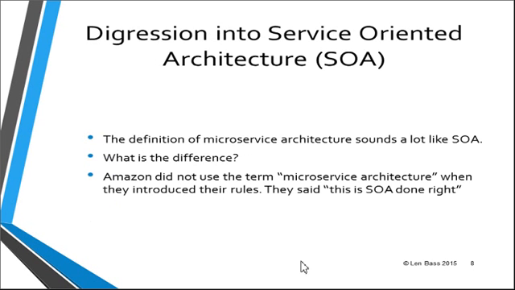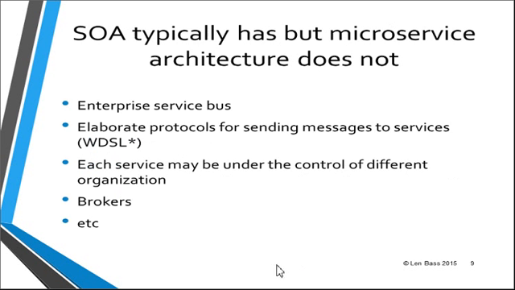Just a short digression into service-oriented architecture. The definition of microservice architecture sounds a lot like SOA. So what's the difference? And the difference is that SOA has a lot more things, but microservice architecture doesn't. SOA has an enterprise service bus. There are all these WSDL kinds of things. And fundamentally, each service may be under the control of a different organization. That's not true in microservice architecture. Everybody works for the same company that has it typically. You also have brokers, and there's just a whole infrastructure that got built on top of SOA that doesn't exist